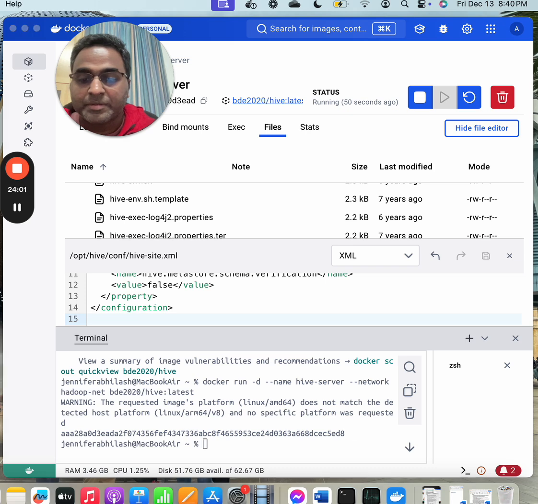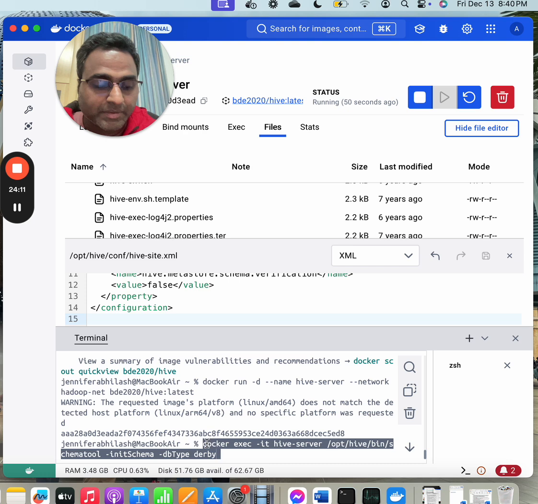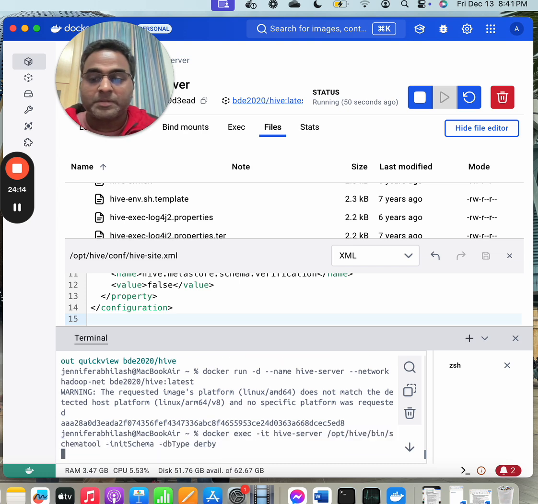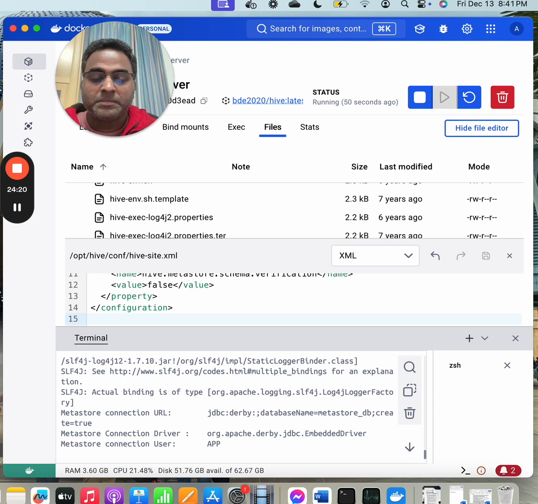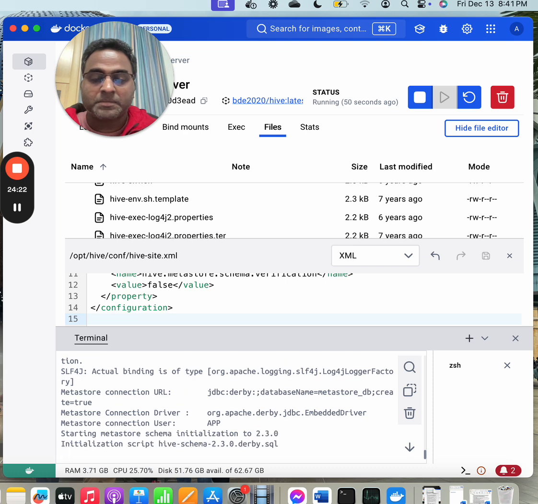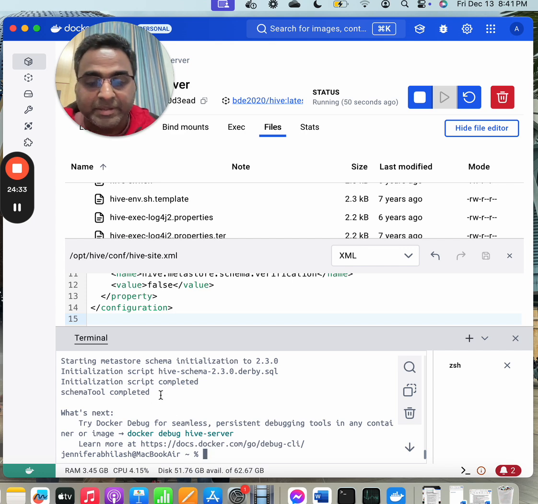Schema tool is successfully running. Yep, you can see the schema tool has been completed. So it's successfully completed. Now we can store the metastore